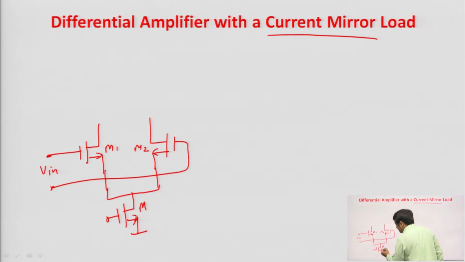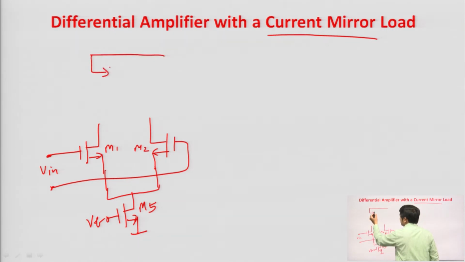This is, let us say, transistor M5. This transistor M5 can act as a current source if we apply a certain bias voltage at the gate of this M5, right. So, since the current mirror is acting as a load, let us consider a PMOS current mirror. So, PMOS current mirror,